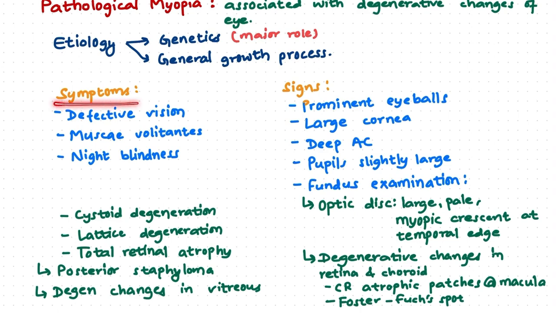What are the symptoms? Symptoms are usually the same, but there are some other symptoms like musca volitantis and night blindness and defective vision, right? What are the signs? Like that of the simple myopia, there can be prominent eyeballs, but pathological myopia has more prominent eyeballs than that of the simple myopia. Large cornea, deep anterior chamber, pupils are slightly larger, and the major signs arise when we do the fundus